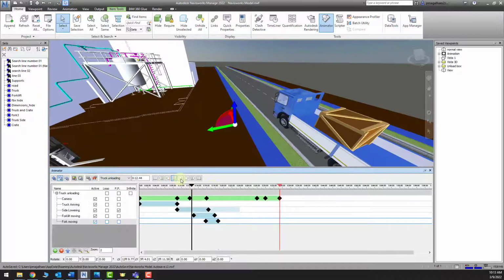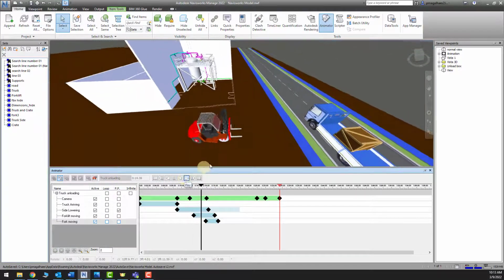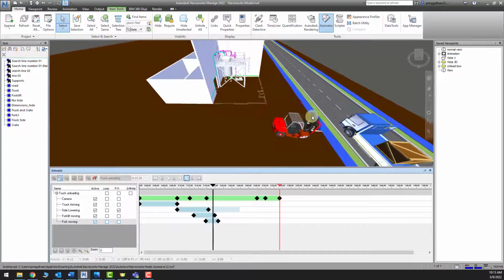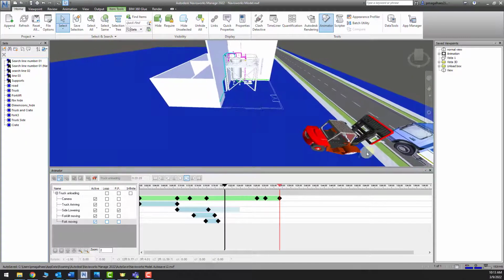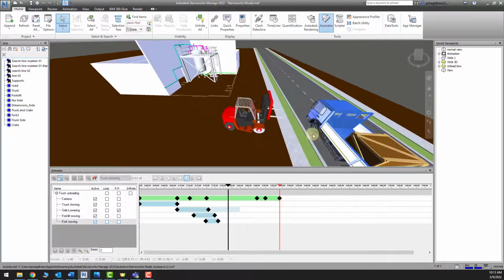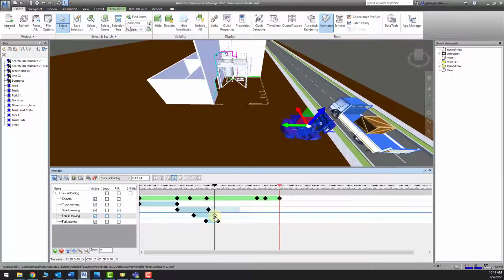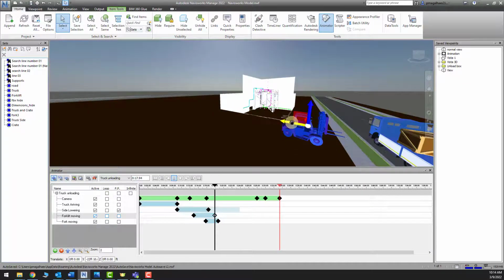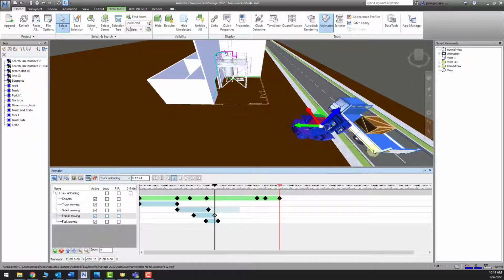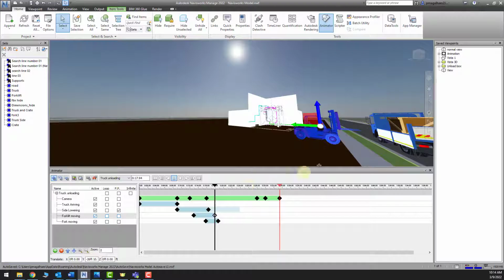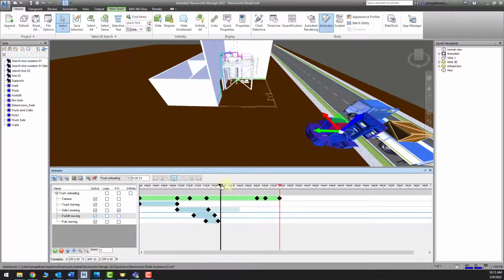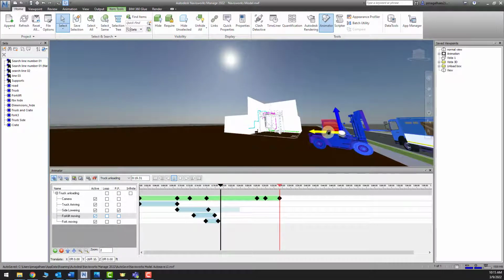So now, when we play our animation, we have the forklift truck moving and the fork lifting as well. So now the forklift is moving. It should move a bit forward to get close to over here. So we'll capture this keyframe. And when the forklift is moving, now we'll have to rotate to go over the curve. So we'll just move a bit forward in the timeline. We'll move the forklift a bit up,